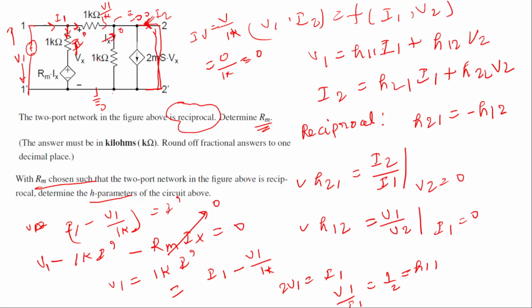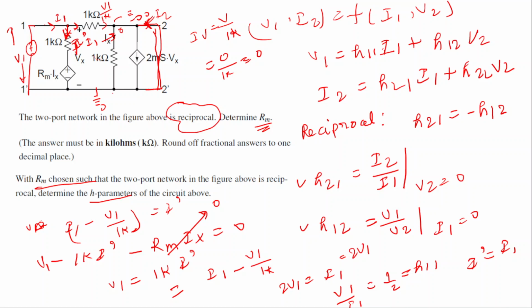I think in this case let's just see, V2 is 0. Okay, I2, yeah. So now our I dash, we can calculate the I1 as 2 times V1. We can put this 2 times V1 here, and we can find I dash as I1. So I dash and I1 will be the same. So this is I1 only.